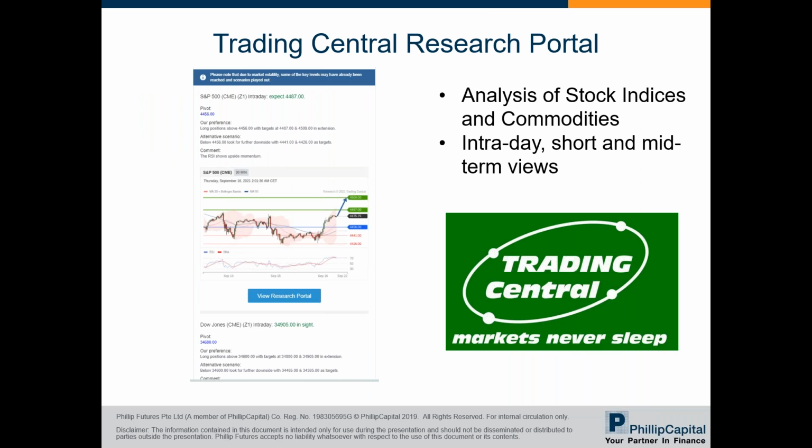Like the example shown here, our in-house analysts will email the technical reports on suggested levels on the S&P 500 and Dow Jones for your reference. This will be on the suggested entry and exit levels for your consideration. It will be sent daily as daily trading highlights showing the directional views from the global research desk of Trading Central. These are good starting points for you without having to do research yourself to identify opportunities that will make sense. Pairs will include stock indices and commodities, namely S&P 500, Dow Jones, Nikkei Index, China A50, and crude oil.